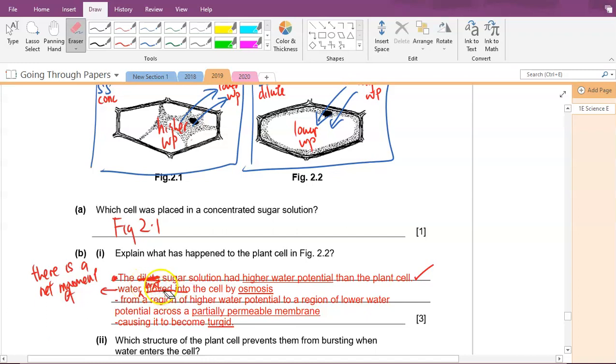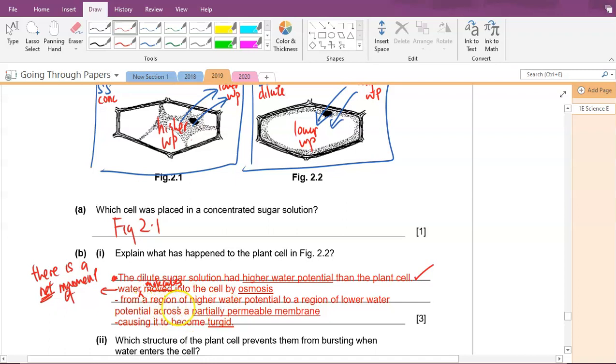Water molecules. Okay, let me erase this. There's a net movement of water molecules into the cell by osmosis, because outside there is higher water potential, so there's a net movement. After you've written that, the next part you need to highlight is